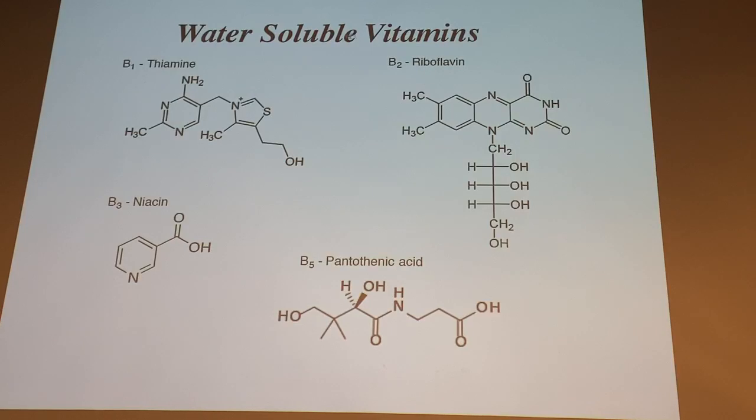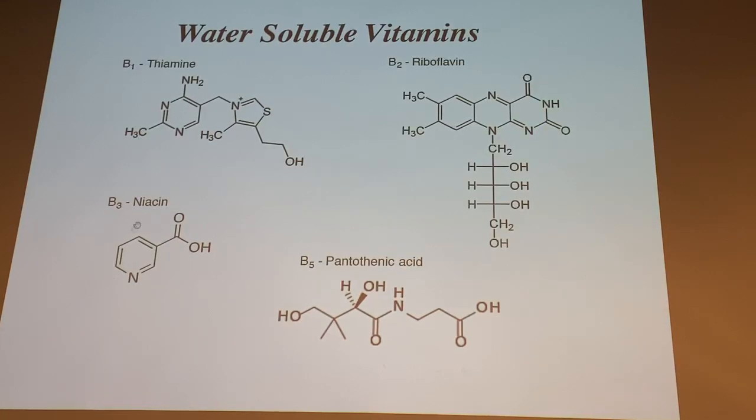Here we got the water-soluble vitamins. Now, why are these B vitamins all in the water-soluble category? A lot of functional groups there. Can you see that you have many, many polar type functional groups? A lot of amines here. And that's what the vitamin Bs are. They're amine-containing ones. Niacin,